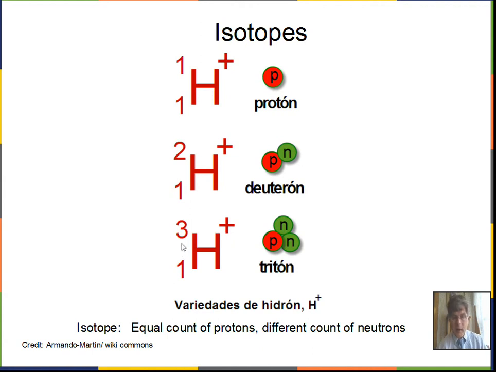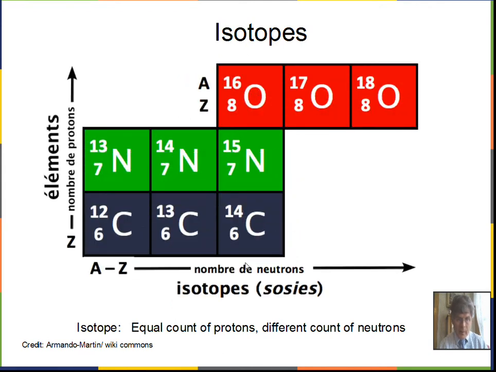For isotopes of an element, we have a constant count on the number of protons. So chemically, they're all the same, but we have a different count of neutrons, and that gives us the isotope. Another example of isotopes with oxygen, nitrogen, and carbon is illustrated here. All isotopes of carbon have 6 protons. All isotopes of nitrogen have 7 protons. All isotopes of oxygen have 8 protons. And there are other isotopes of these elements that aren't shown here, but